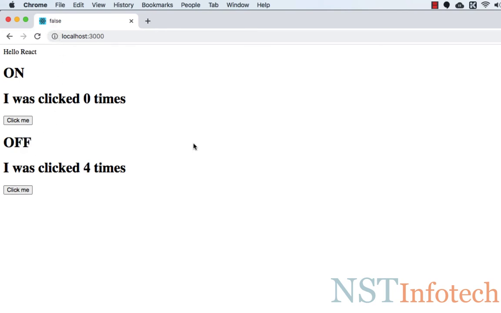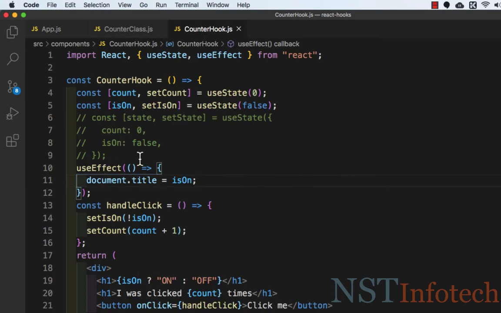So let's see what useEffect does. Using this hook, you can tell React that your component needs to do something after every render. You pass a function to the useEffect function and React will call it after the DOM has been updated. It is guaranteed by React that the DOM has been updated before calling the useEffect function. And as you can see, the useEffect function is inside the counter hook component, so we can access all the variables defined by the useState hook as well. It is important to know that the useEffect function runs after every render, even after the first render.